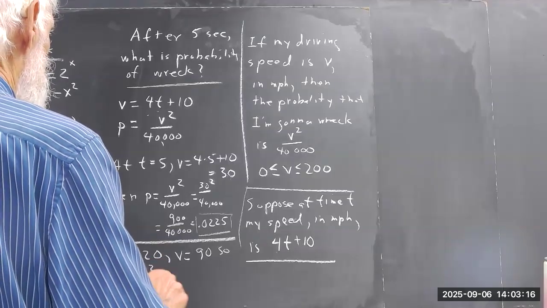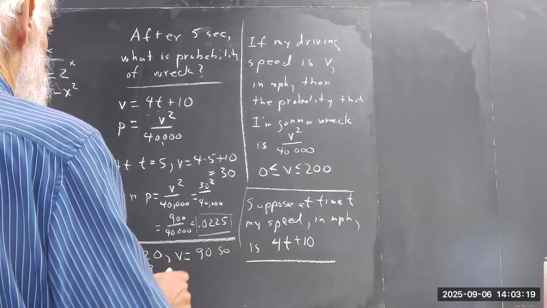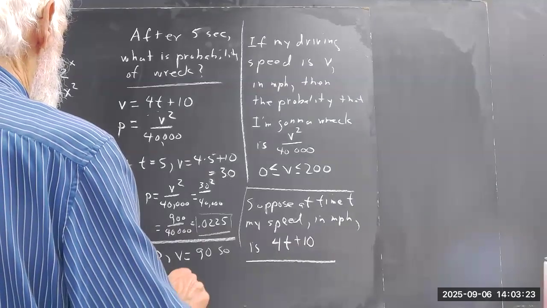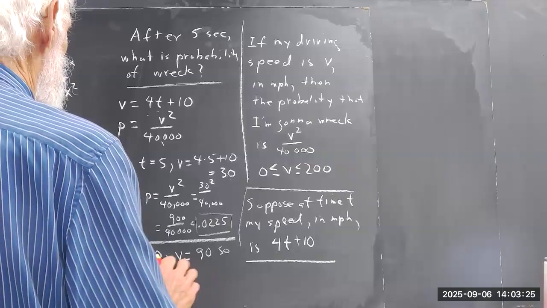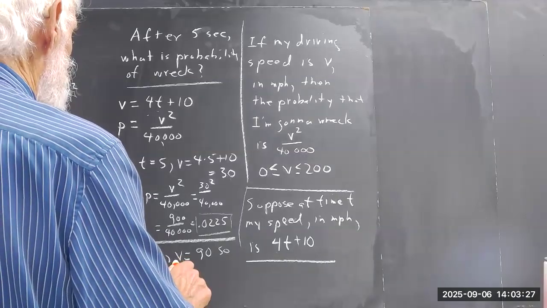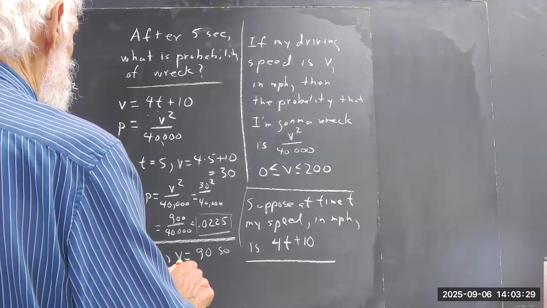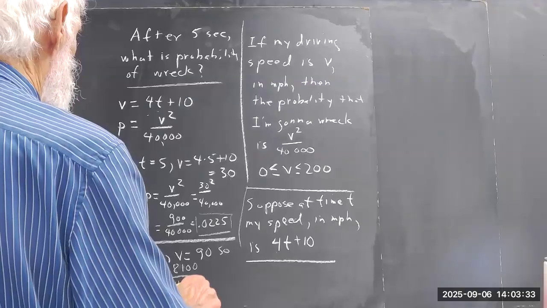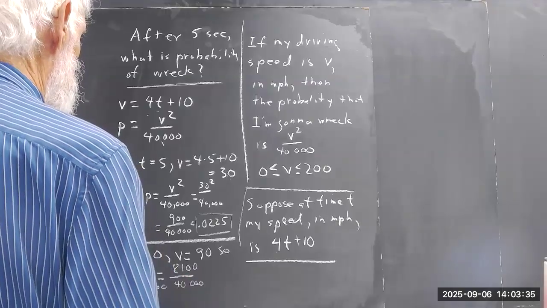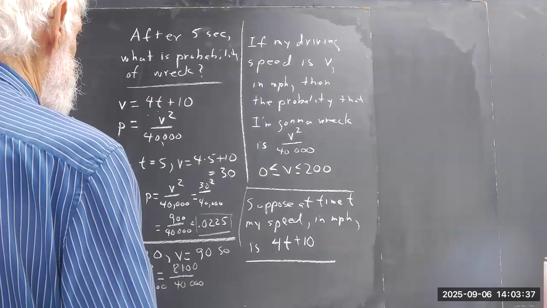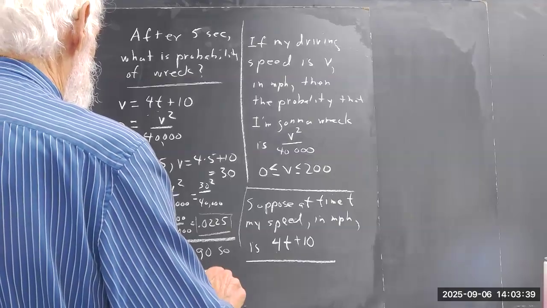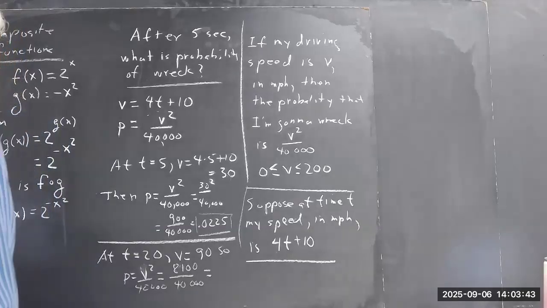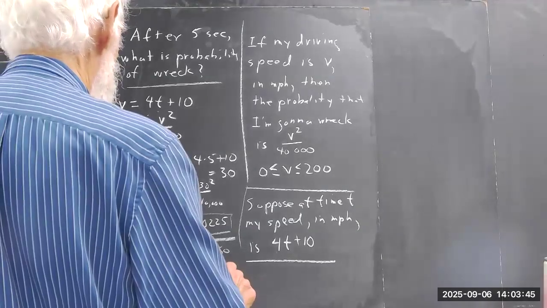V is 90, doing 90 miles an hour. P equals V squared over 40,000, which is 90 squared, which is 8,100 over 40,000. You know, something's wrong with my numbers here. Okay, well, at 90 miles an hour, you're going to divide this by this, and you're going to get